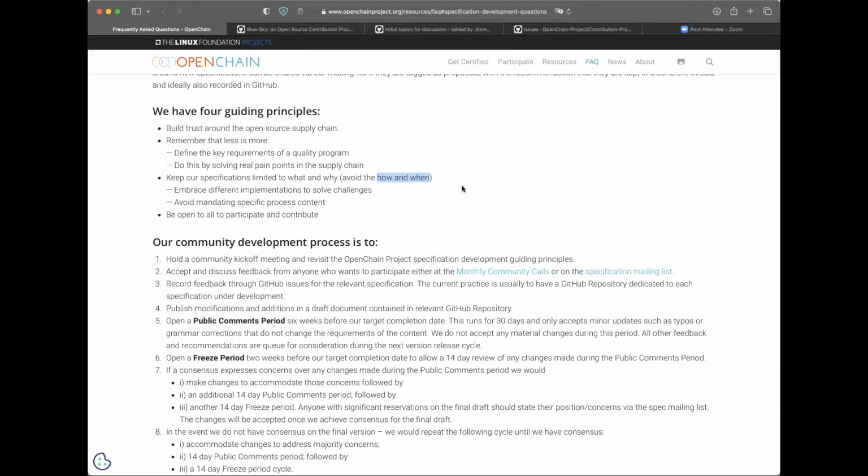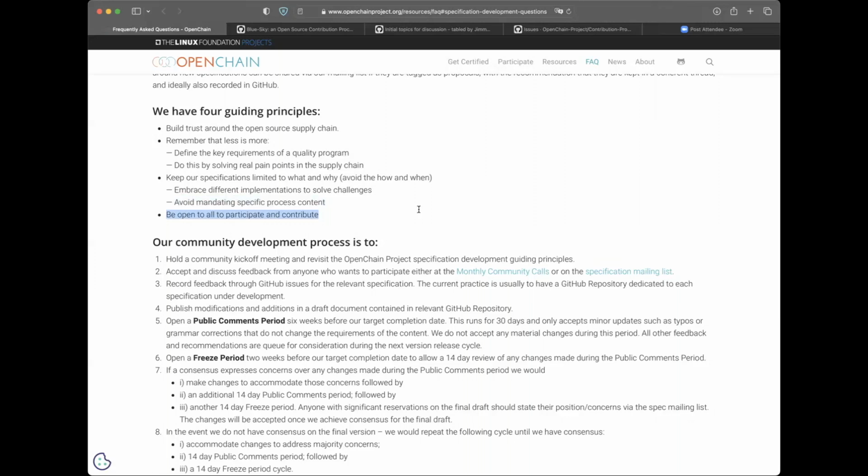This is very important, and it's related to the idea of normative decisions. We identify where a solution can be built, and we help set the framework for that. But we ensure that companies can choose the implementation method they want and the process content they want. This is vitally important for companies of all sizes in all markets. And of course, we're open for everyone to participate and contribute.